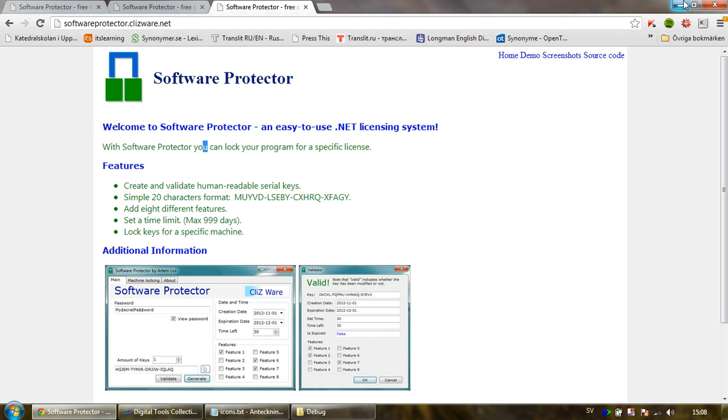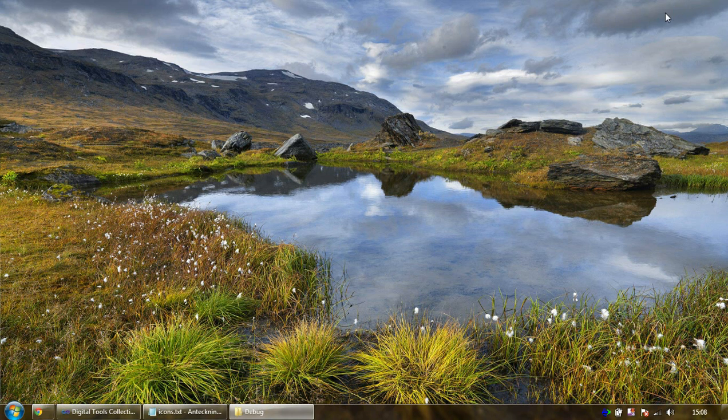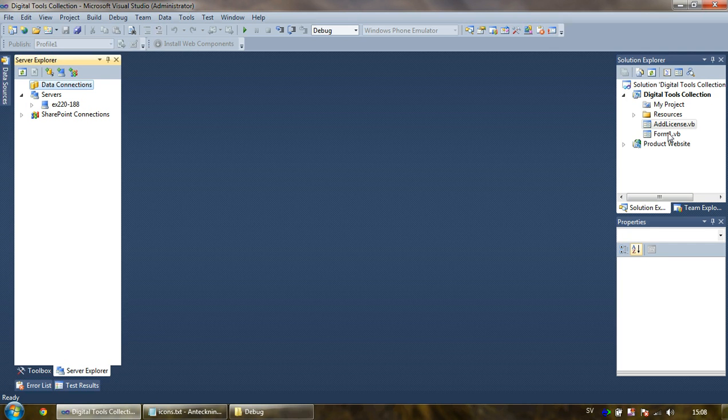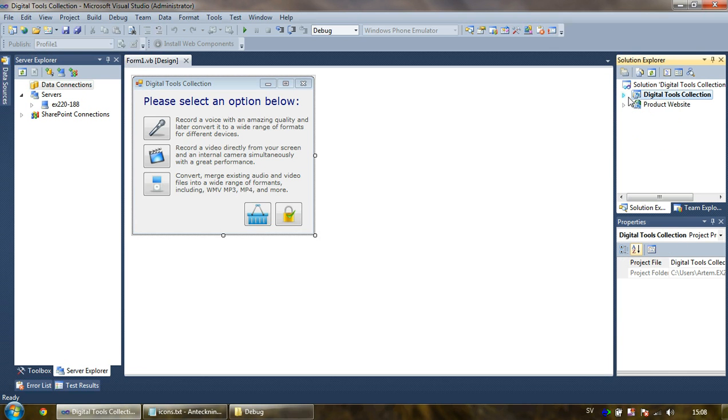So let's now look at the code. We'll close everything down here, and now we're going to look at the code. So here's the code, and as you can see, I have two different kinds of projects. I have the one that is actually my program, and I also have a product website, and we're going to look at both of them, and we're going to start with the